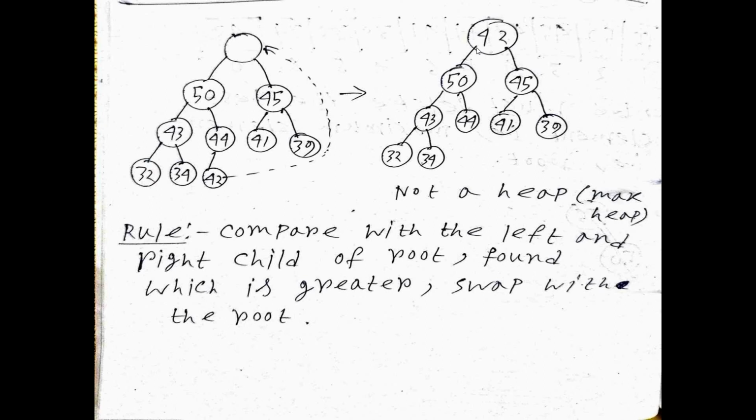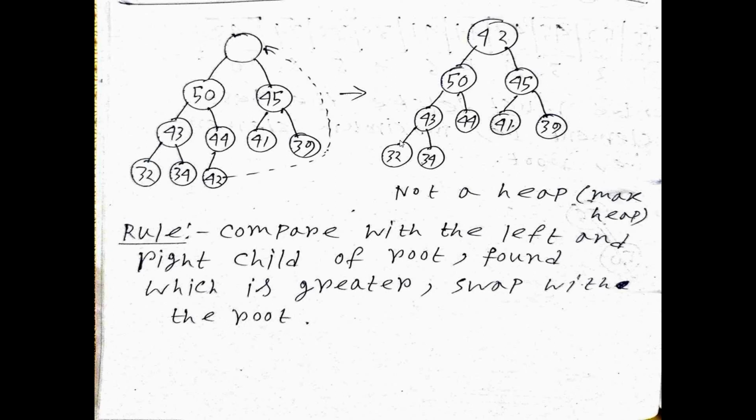Now keep in mind, on deletion we must maintain the property of the heap. Here we take the max heap, so we must maintain the property of the max heap. First of all, a heap must be a complete binary tree. Is this a complete binary tree? Yes, all levels are filled up, because only after one level is full do we go to the next level. So yes, it is a complete binary tree.